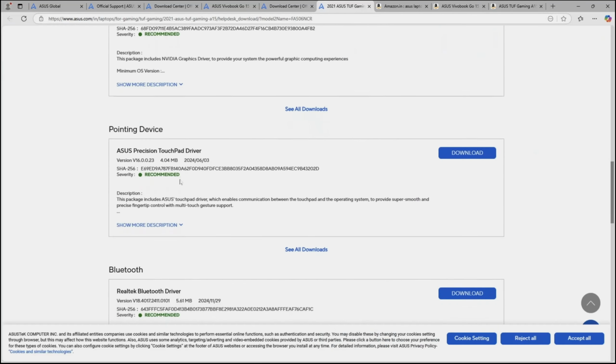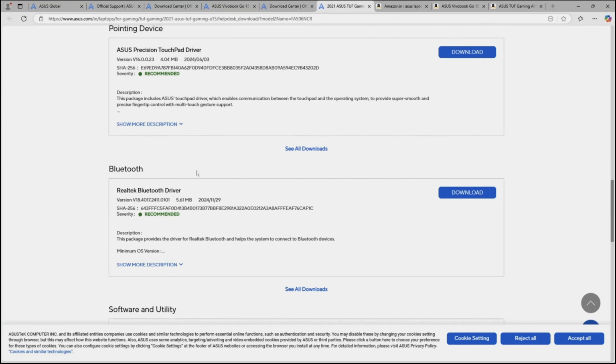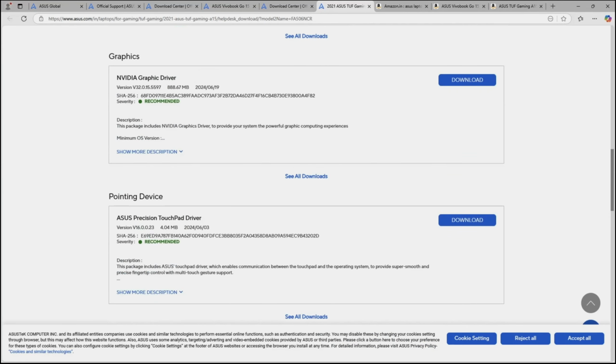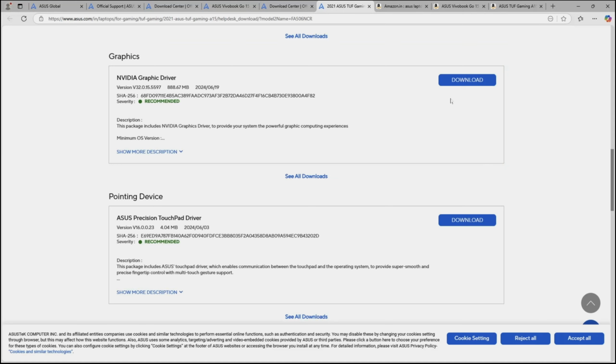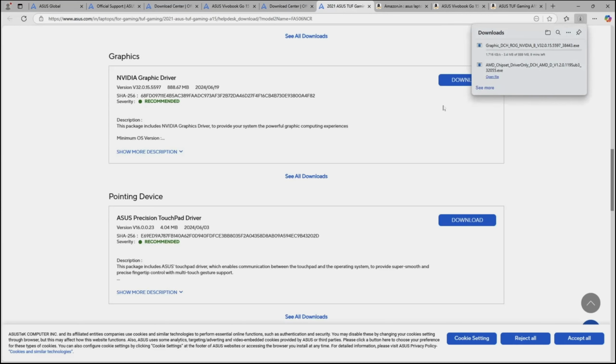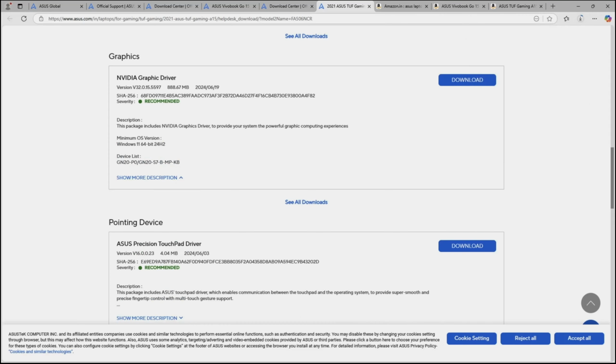So we have the driver for the NVIDIA graphics adapter. If you want to download the graphics driver for NVIDIA, you can just click on the download option, and once it is downloaded, you will be able to install it. You can also check the description for when it is released. So this is the date of the release